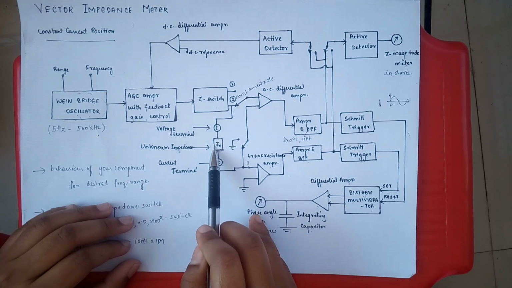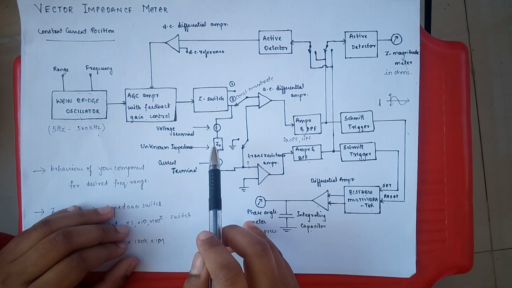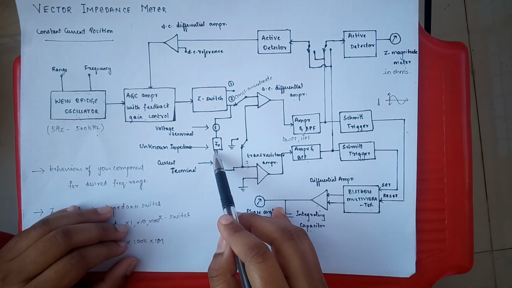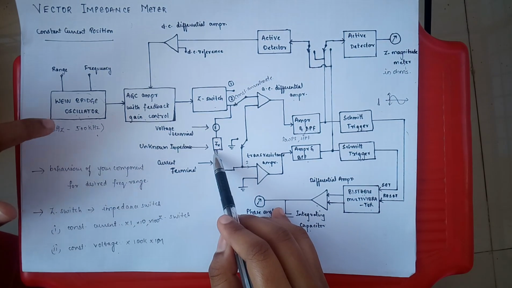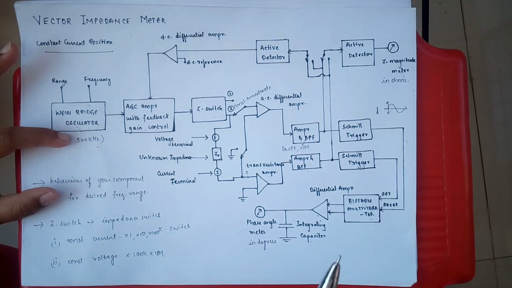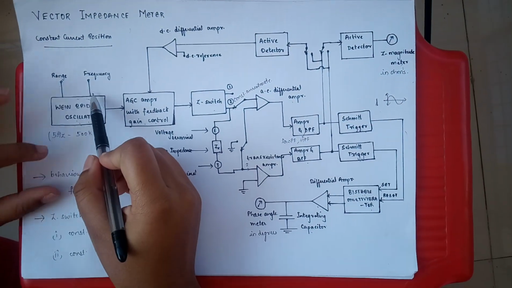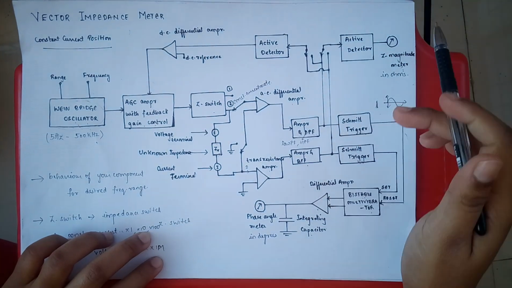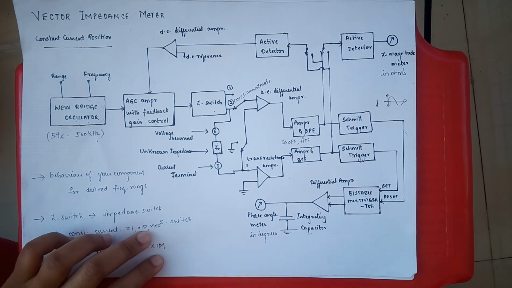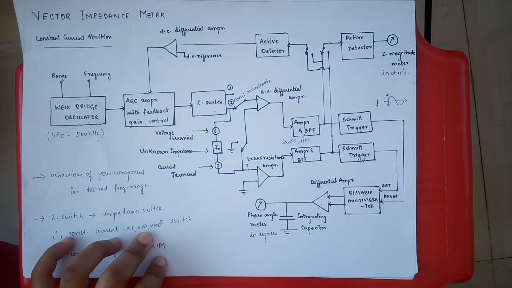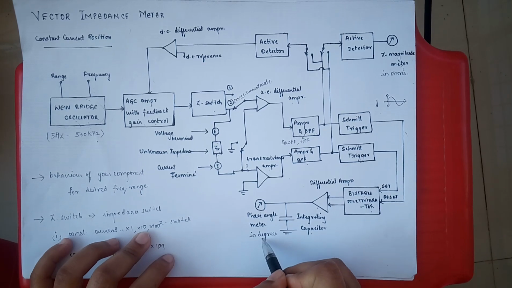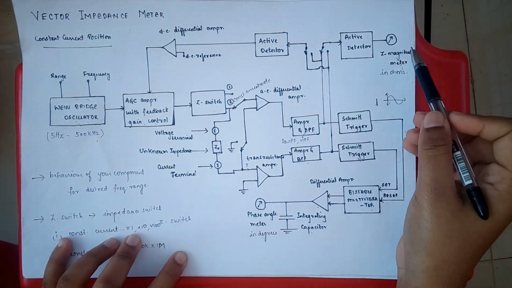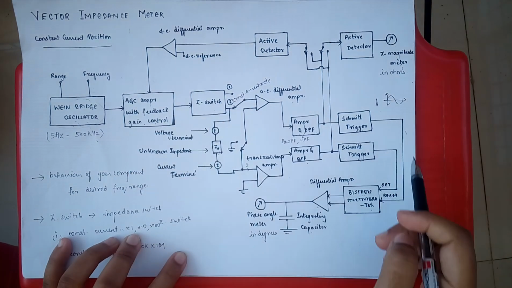Here you connect your unknown impedance. If you look at the actual setup of the meter, you will find a probe where you can connect this unknown impedance. This knob will be available to you. You can turn and select a particular frequency. All of this will again be inside except for these meters, which will show the reading like the display. So you can control these knobs here and then you can find a reading here. The remaining part is all inside.